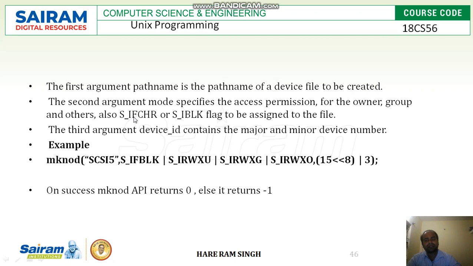If it is a character device file, this flag will be S_IFCHR. The third argument, device_id, contains the major and minor device number. So this is nothing but the major and minor device number. On success it returns 0, and if any error occurs, then it will return